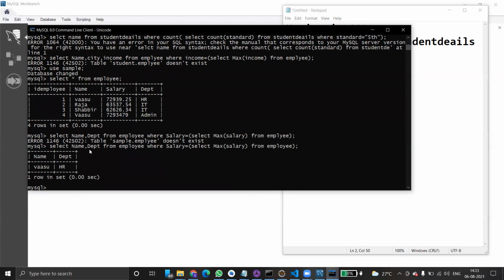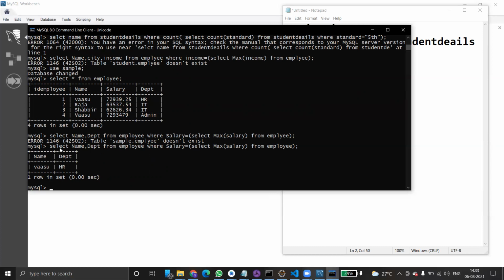Select name, comma, department from employee where salary equals to, whose salary is maximum here? Whose salary is maximum? See here, his salary is maximum, 72,939. So that's why it has shown Vasu and HR.